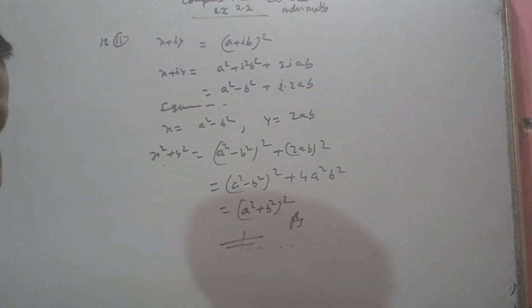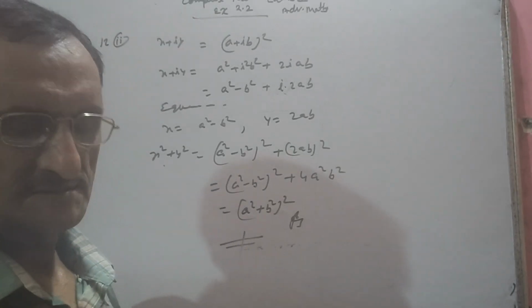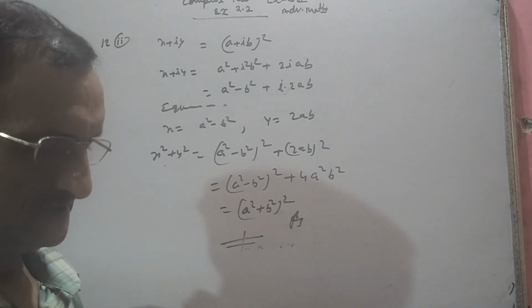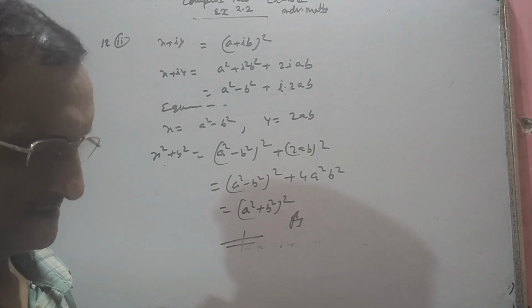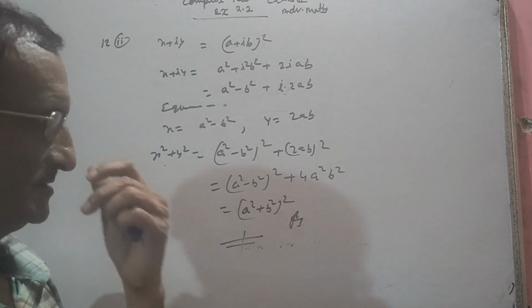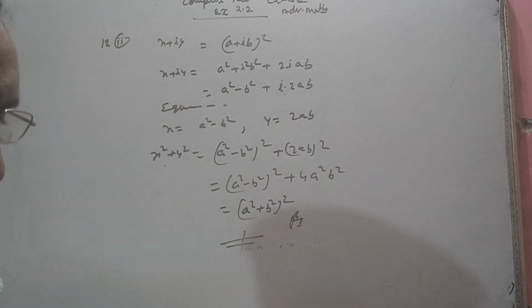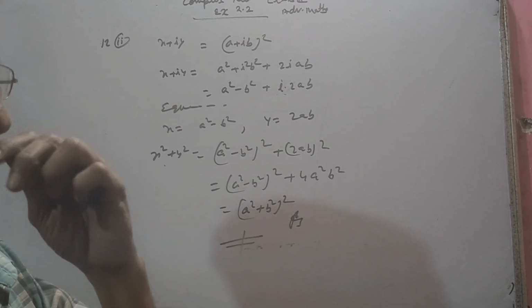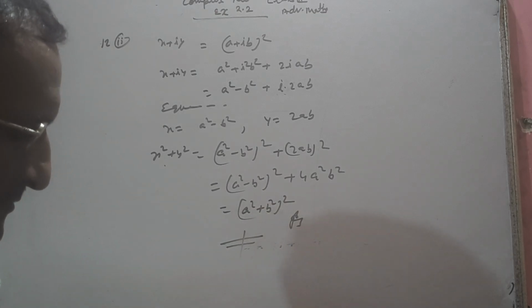Okay, so we have done the maximum sums. Some sums I have left for your exercise. So I explained most of the sums of exercise 2.2. Some example sums are also very important. In the next class, I will try to give you some important example sums, and the property we have also done. Then we will go to the next exercise, which is very important, about the modulus of a complex number and its properties. So that's all, students. If you have any suggestion or doubt, you can ask. If you have any comment, you can make it.